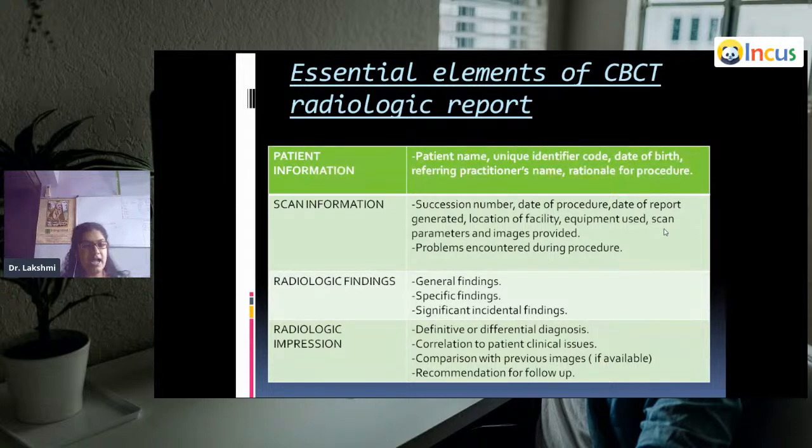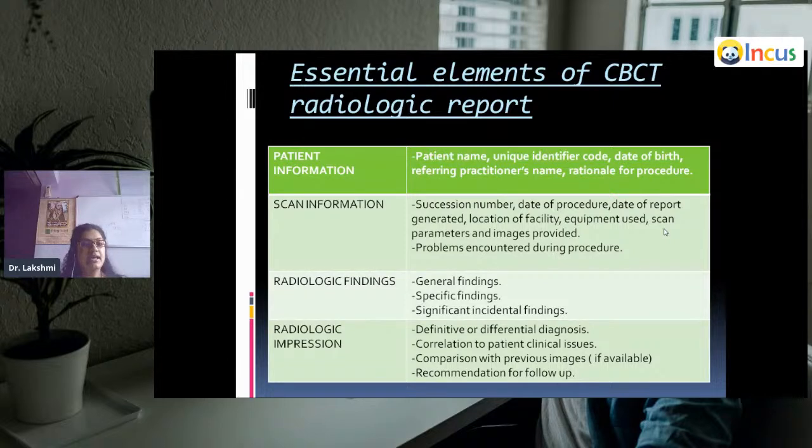Under patient information, patient name, unique identifier code, also called the OPD number, date of birth, referring practitioner's name, and rationale for the procedure have to be mentioned. In scan information, succession number, date of procedure, date of report generated, location of the facility, equipment used, scan parameters